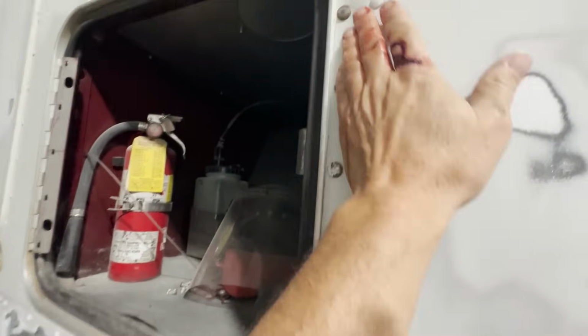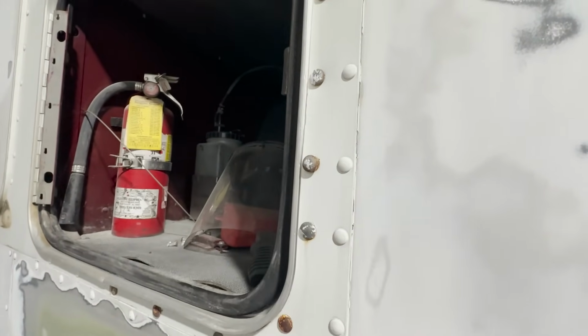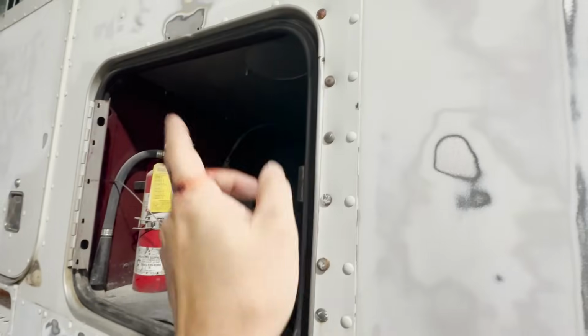Something happened at some point. This has got a little bit of a bend to it. And I guess they didn't want to put hucks back in it, so they did these carriage bolts in there. So, things you find when you start taking things apart, we're going to have to pull all these out and